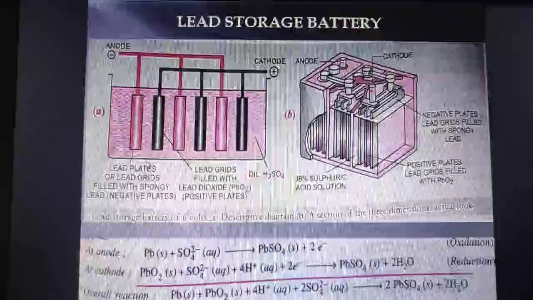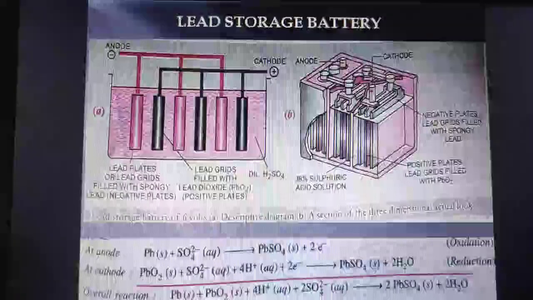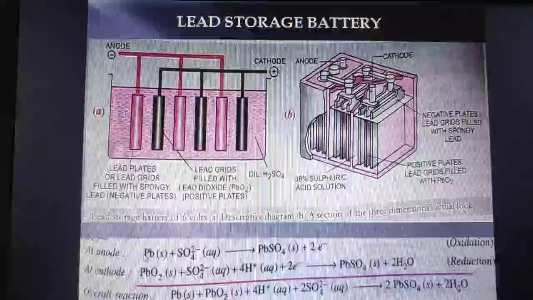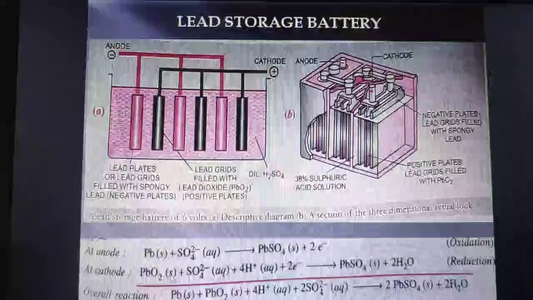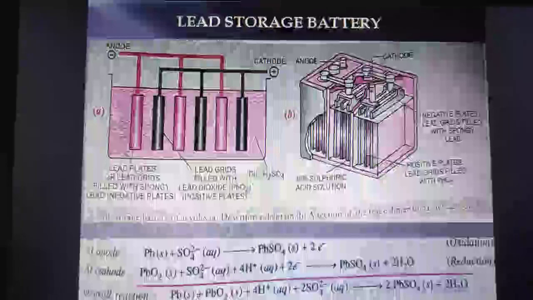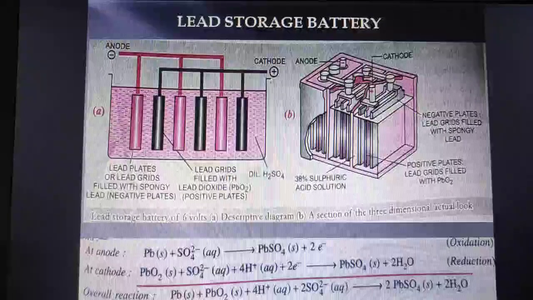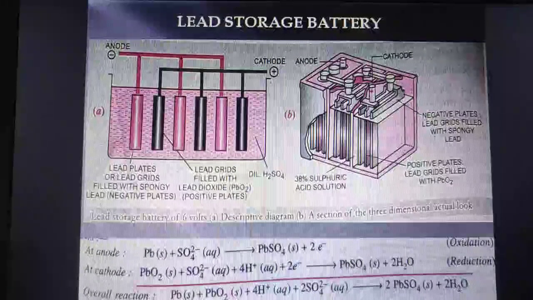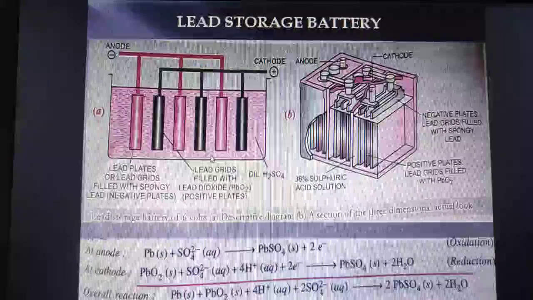Again, during recharging, the cell is operated like an electrolytic cell. That is, the anode will act as cathode and cathode will act as anode. Also, these reactions will reverse. The reaction occurring at anode is now occurring at cathode during recharging, and the reaction occurring at cathode will occur at anode. Such an operation is possible because lead sulfate formed during discharge is a solid and sticks to the electrodes. It is therefore in a position to either receive or give up electrons during the electrolysis.